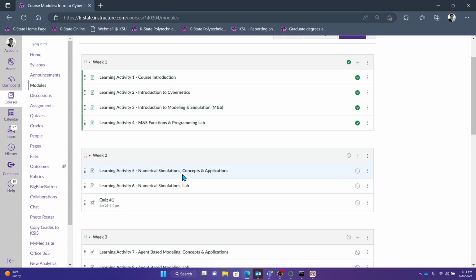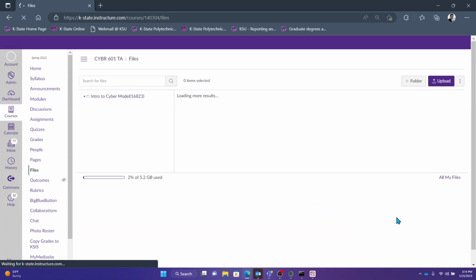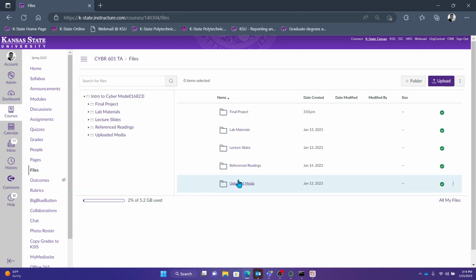Learning activity 5: numerical simulations, concepts and applications is what the lecture is, and then this video is the numerical simulations lab. So you definitely want to make sure you have access to these and that everything's looking okay, or that it's green for you. Okay, with that, to complete our numerical simulations lab, head on over to Files, and then under Lab Materials,